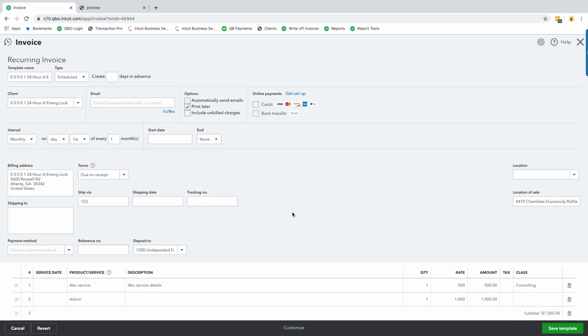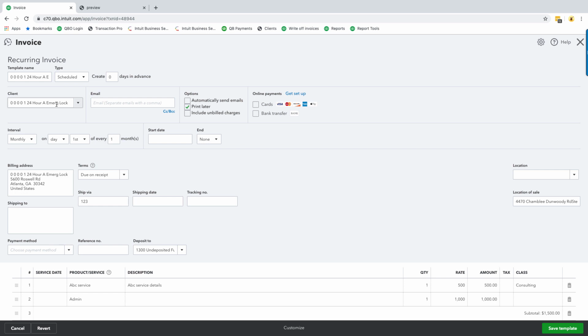So recurring transactions are really, really cool. And this is kind of bonus information here. I just create a template name for it. We have different types of recurring transactions. Can it be scheduled? Have QBO just remind me that I need to create this transaction, or unscheduled, which really is creating a template that I can utilize later. So if it's scheduled, I can say how many days in advance do I want to do it? Do I want to do 0? So create it the actual day I tell you to, or 10 days before, or whatever you want to do,